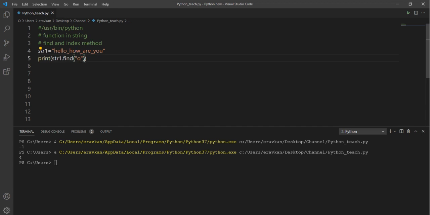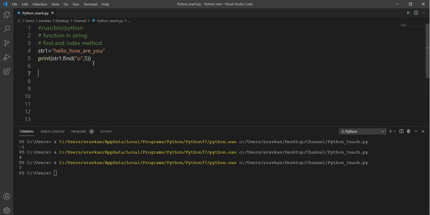I have to start my search from 4 onwards, or better 4 plus 1, because at the fourth position we have O. So now the seventh position O is coming. So you can specify with find or index from where you want to start your searching. In this way you can find the position of multiple elements or substrings in your main string.